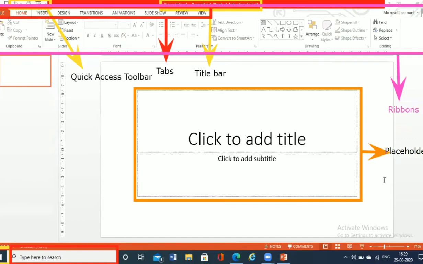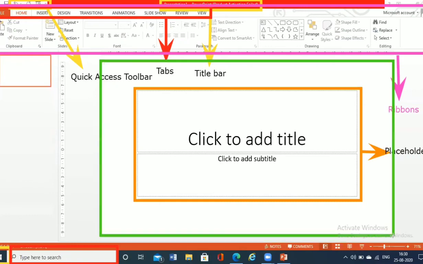Okay, everyone. Now moving forward, we have slides, which are the ones that hold the information. Slides help you to store information. For example, if you are making a presentation on the topic of wildlife, all the information related to wildlife will be saved here in the slides.